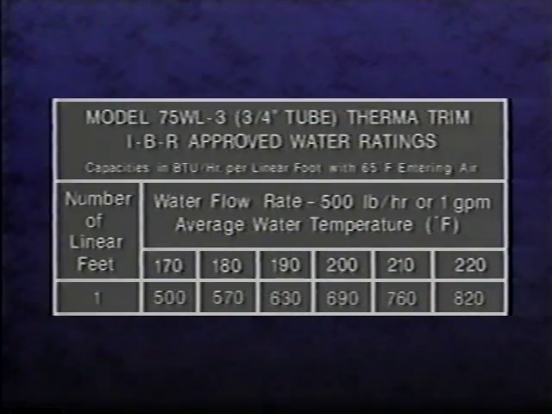Finally, we need to calculate how much baseboard a circuit or zone should have. To determine the length of baseboard needed, divide the heat loss by the net IBR water rating with capacities in BTUH per lineal foot of baseboard. You'll find these figures in the manufacturer's literature. As an example, if installing Weil-McLain Thermatrim baseboard, use this table to determine the appropriate number. The net IBR water rating in BTUH per foot of Thermatrim baseboard based on an average water temperature of 200 degrees Fahrenheit